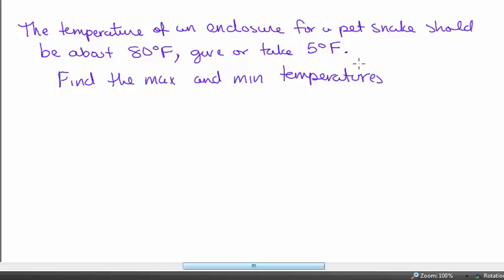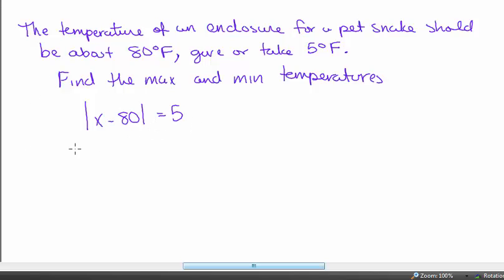Okay, here's what they want you to do. They want you to set up a number line and use the absolute value to travel 5 units each direction and solve the equation that way, or they want you to actually write an absolute value equation, and that would be the temperature minus 80 degrees is equal to 5, because 5 is our difference, and then solve it,